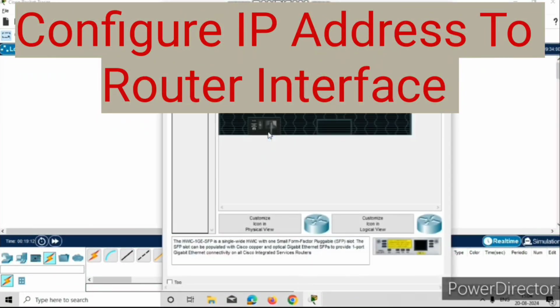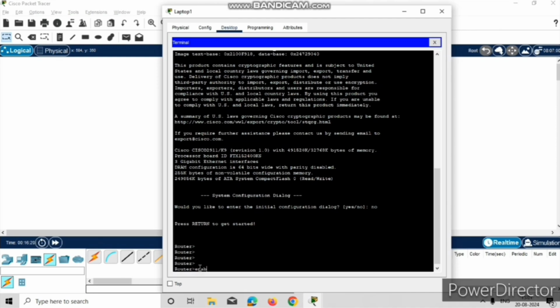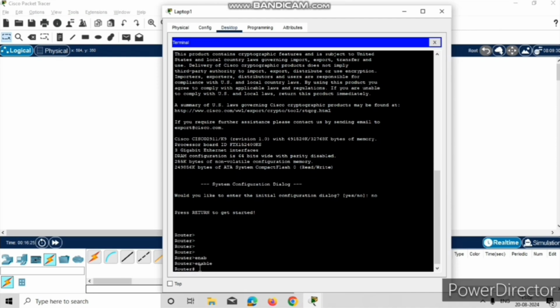How to configure the IP address to the router interface. Click the router. Once you click the router, you will find the IOS. Here in the dialog box, type no and press enter. You will give the enable command to go to the privilege mode. Now type